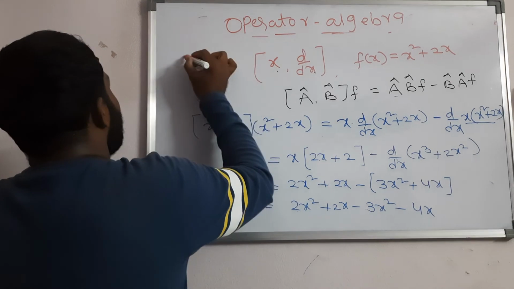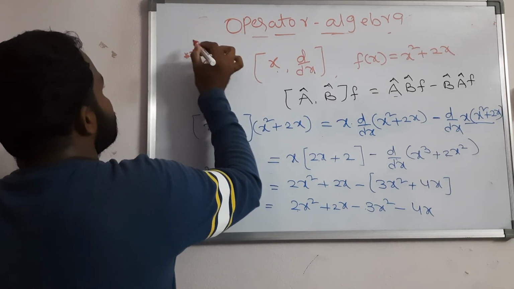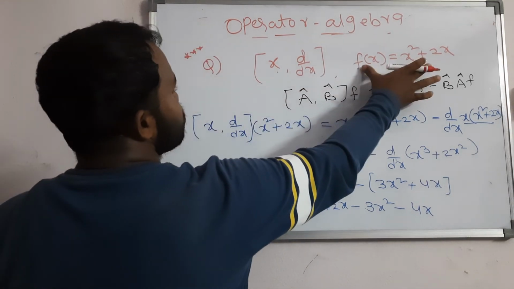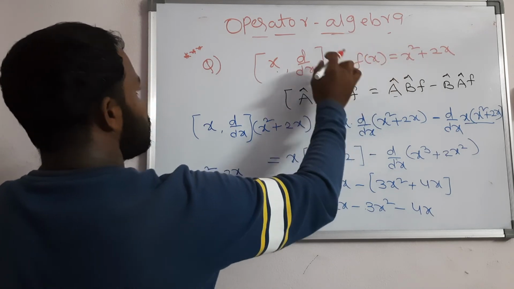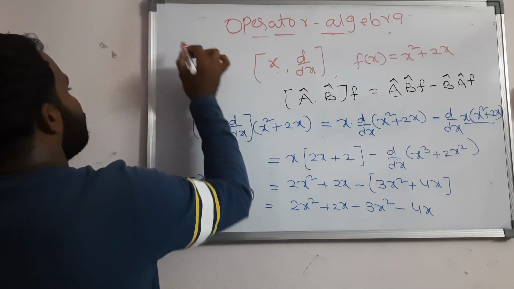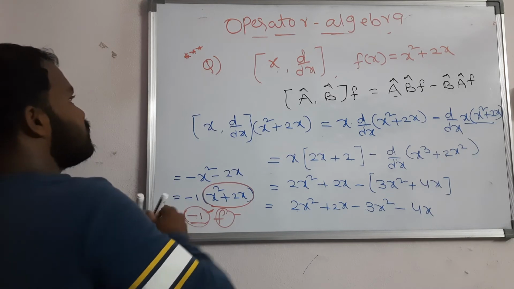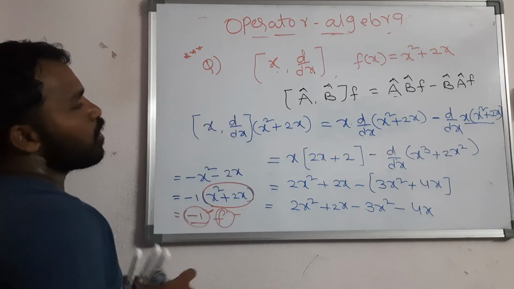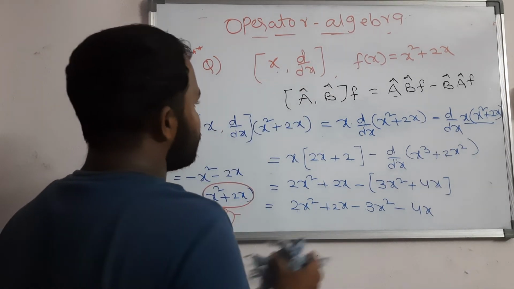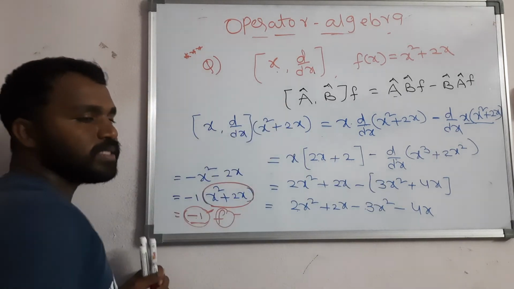This question is asked many times in the GATE examination. In GATE, they won't take this value; in place of f, they just take f. They ask what the commutator is for the same x, d/dx. I will do problems on this later, in the competitive-exam oriented style like CSIR.